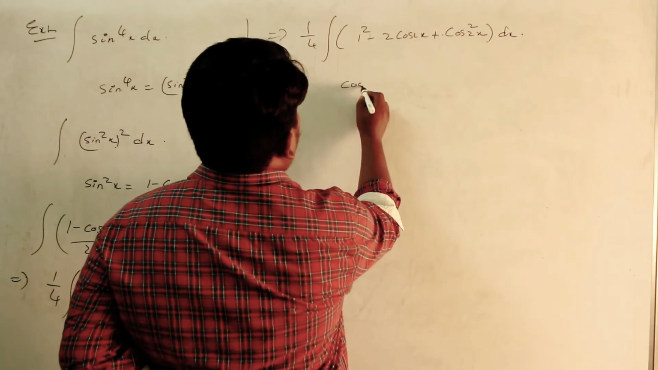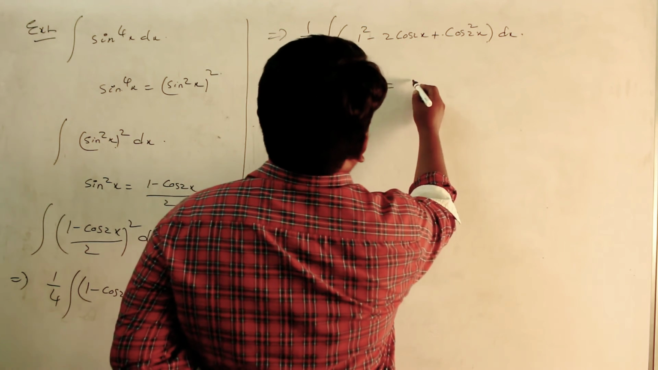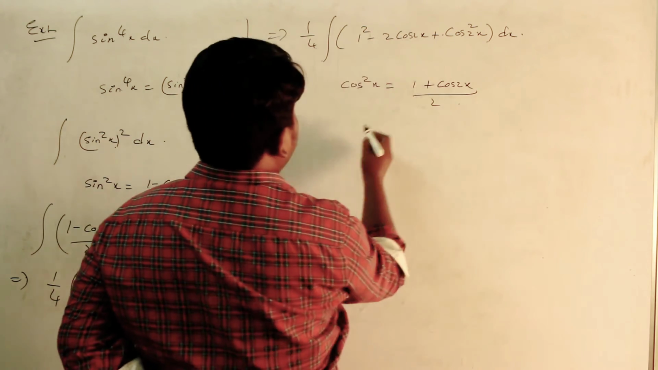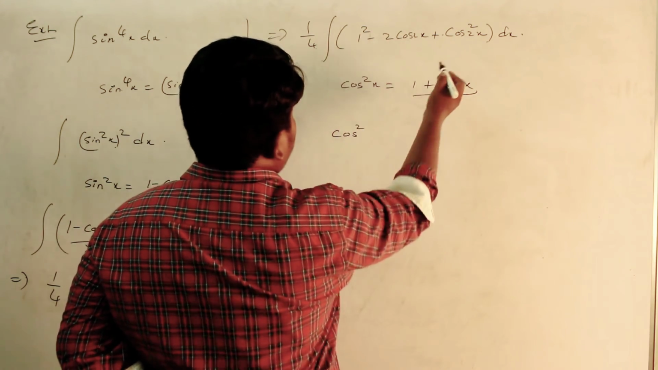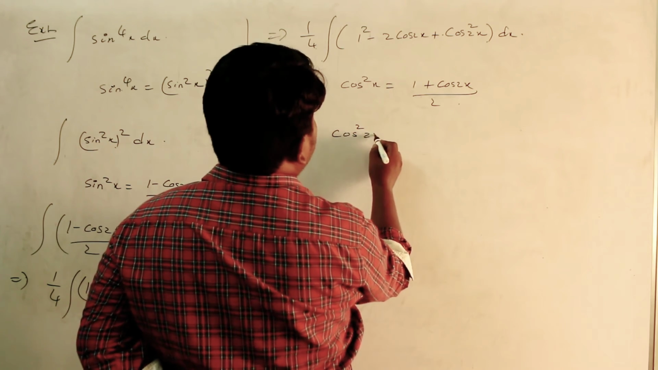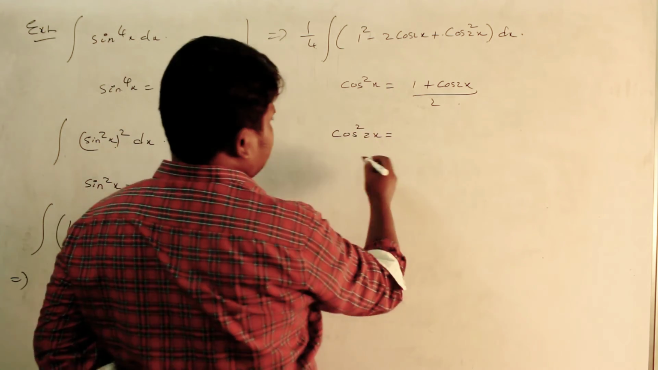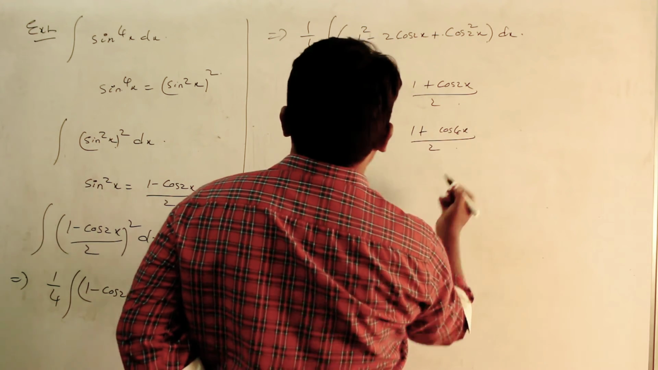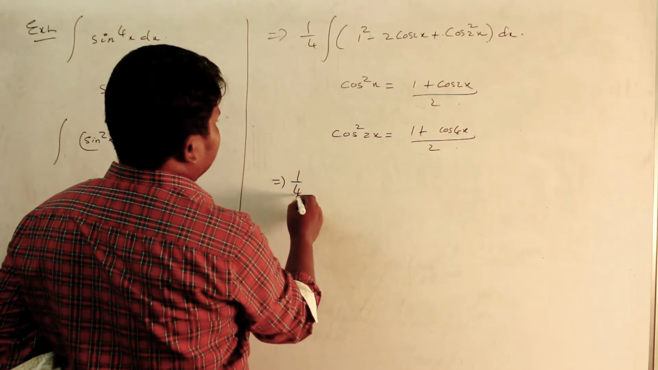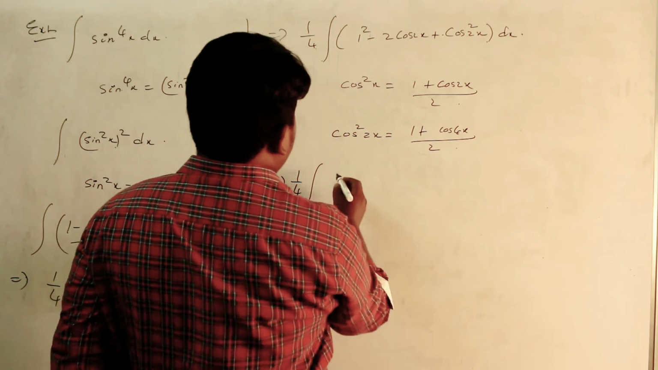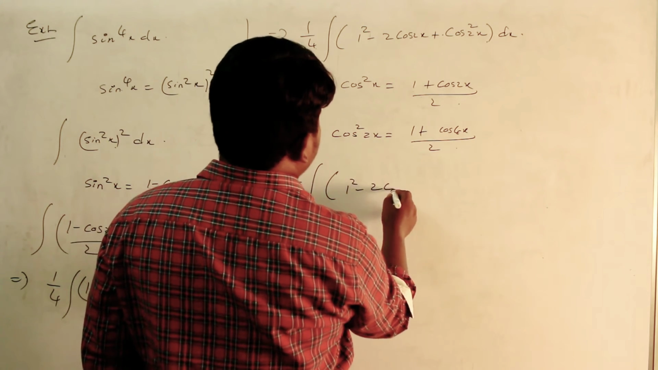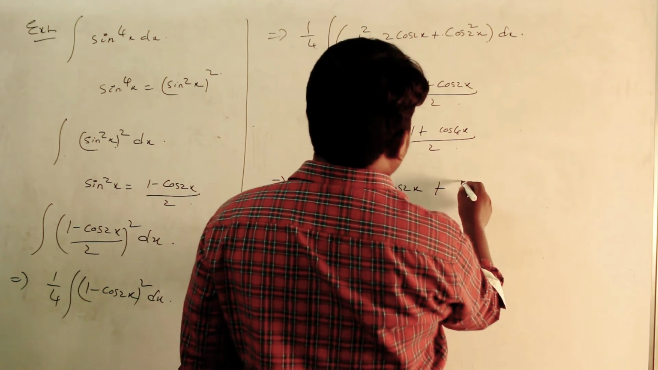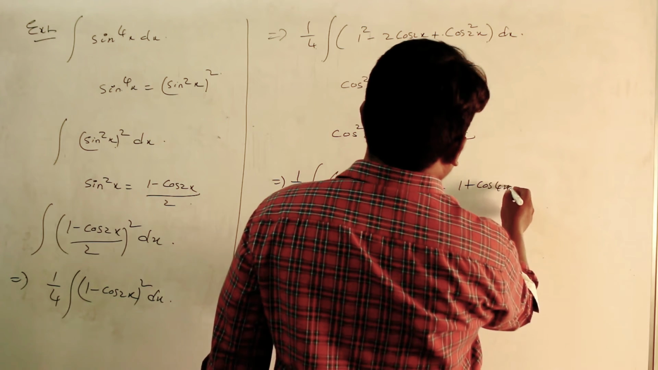So cos square x can be written as (1 plus cos 2x) by 2. But here the given relation has the term cos square 2x, which can also be written as (1 plus cos 4x) divided by 2. Therefore, we write 1 by 4 integration of (1 minus 2 cos 2x plus cos square 2x), and cos square 2x can be written as (1 plus cos 4x) by